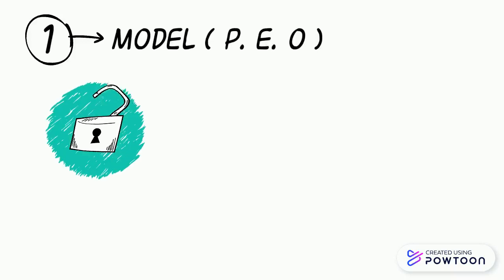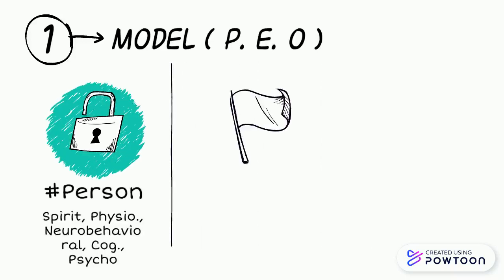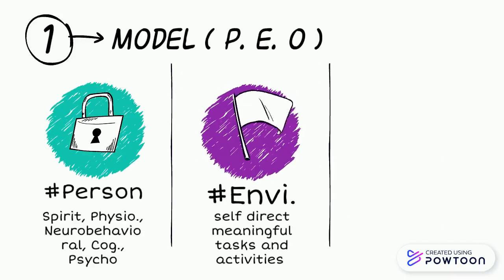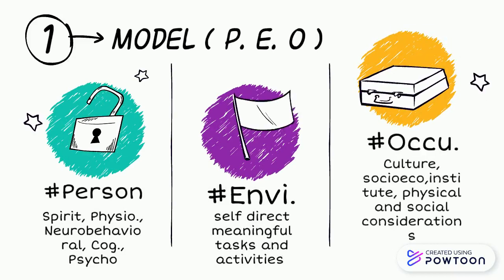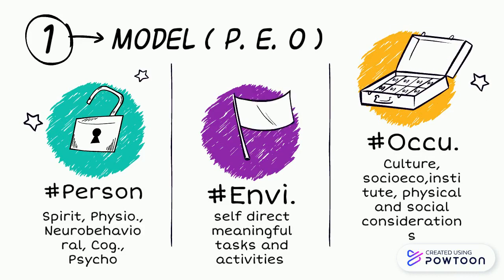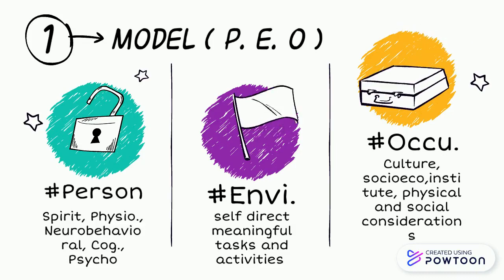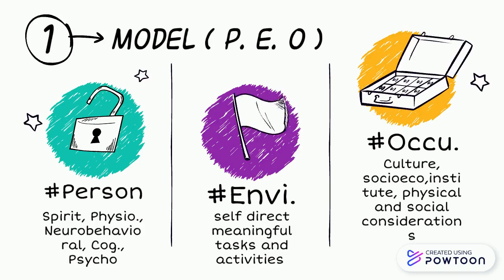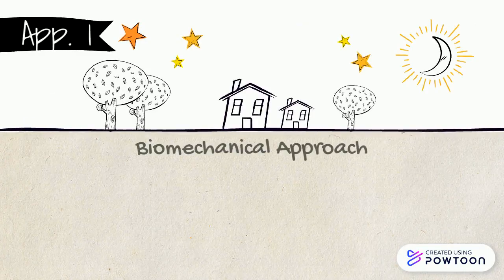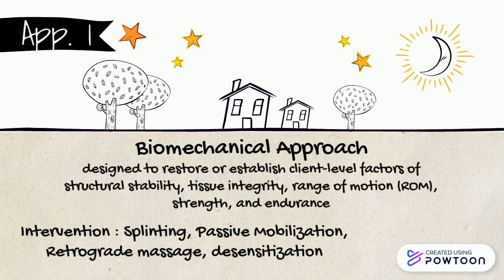The model that we use is the Person-Environment-Occupation model, which emphasizes the interaction between the person, the environment, and the occupation. The frames of reference derived from the PEO model that we used are the biomechanical FOR and rehabilitative FOR. The biomechanical approach is designed to restore client-level factors of structural stability, tissue integrity, range of motion, strength,